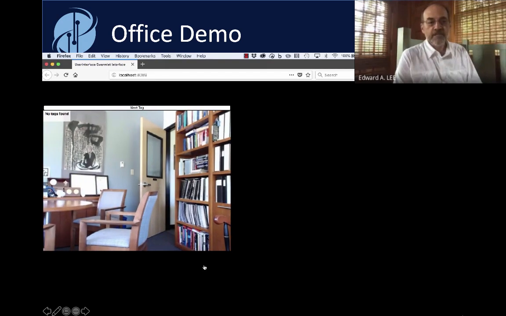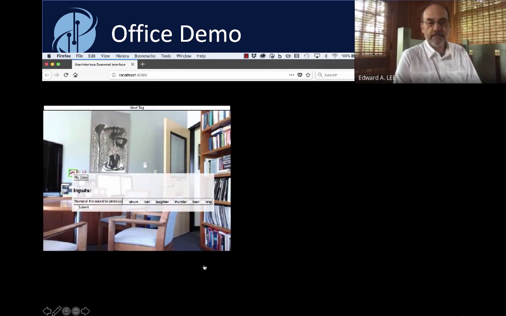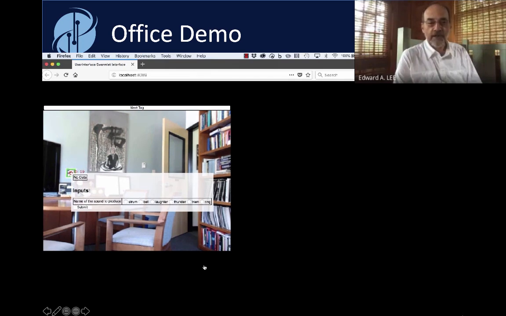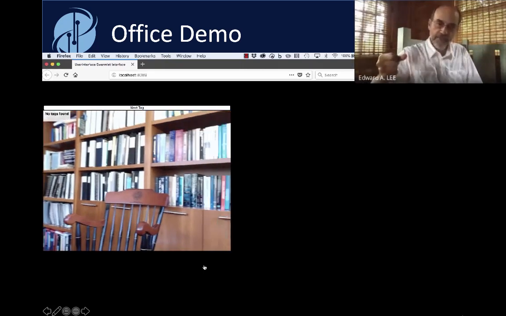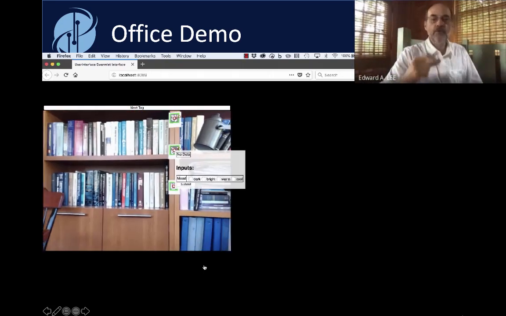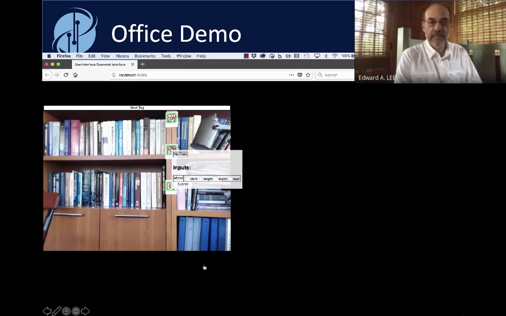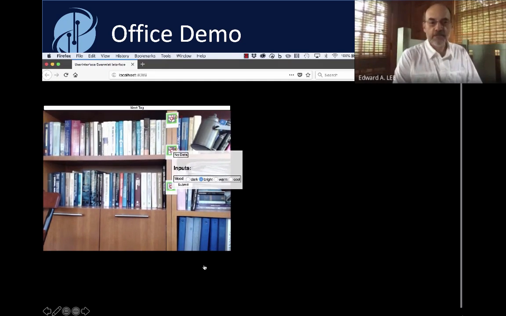The component just recognized a tag on the screen, which represents a service in the office. And the service is an audio service. It's just a toy, right? You can select an audio clip that the audio service will play. The camera scrolls around and recognizes another service. This is now a lighting service. And the software now actually downloads from a server the code to provide a user interface to this lamp, which is then being used to turn on and off the lamp and control the color of the lamp,